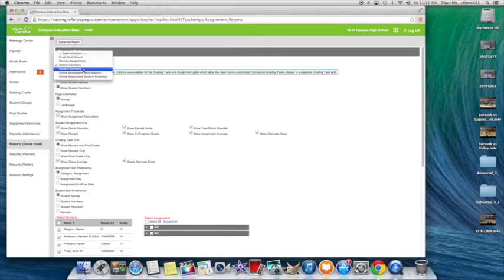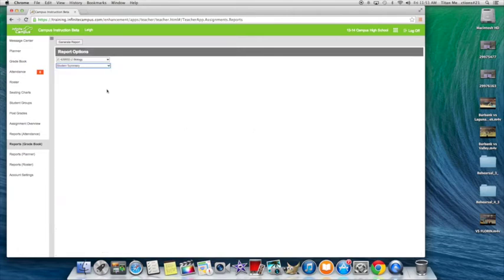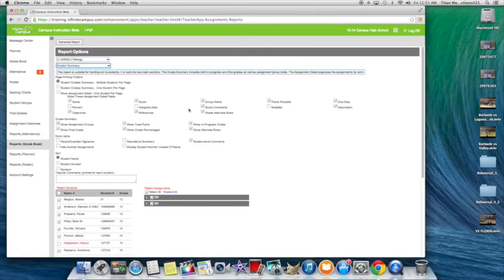If you want to print one for a student, then you use student summary. And this is how you give it to the individual student. You could print reports just for missing assignments if you flag the assignments as missing in your grade book. So there's lots of different things to do. But in terms of printing out just letter grades, not assignments,